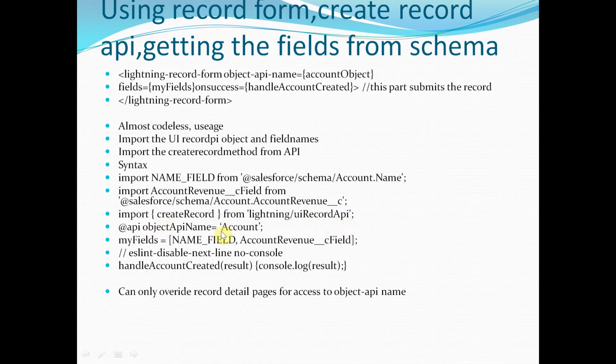What else you need here is you'll create one field called object API name, because you have to pass this value. If you see here, object API name, you have to pass it over here. Right now we have given the account object, so it will basically replace this with account. And the fields that you want, the fields that you have imported, these are the fields which will be updated. And then finally the callback method on success. Now we are just going to see the result over here. So let's take a look at how to create this record.